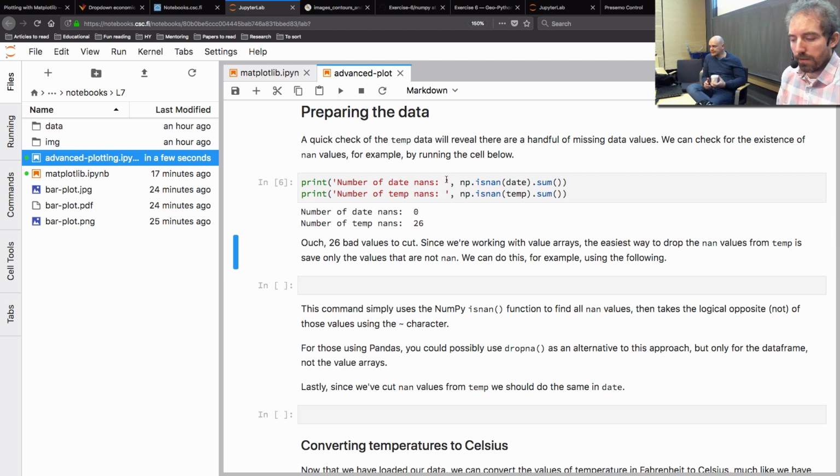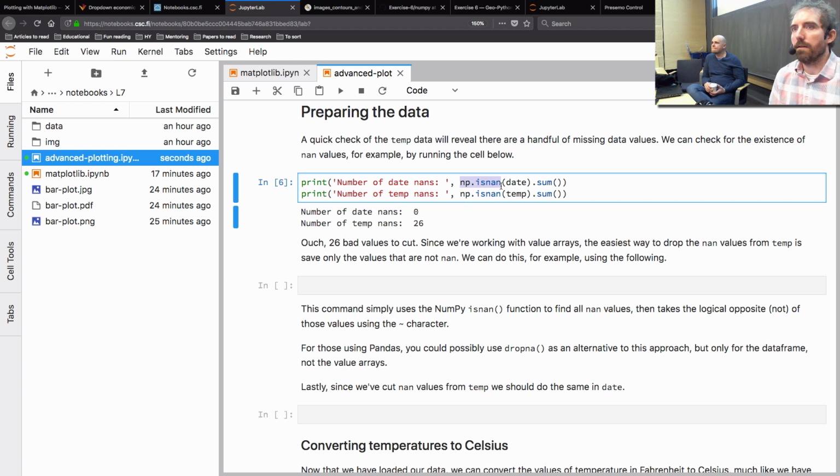To go back to what this cell did, you know the print statement by now. Here we're using a function in NumPy called isnan. This will just return a value of true for all of the values in a NumPy array that are listed as NaN. So in this case, we do isnan for the NumPy array called date, and then we take the results of this and do a dot sum. So this is kind of shorthand